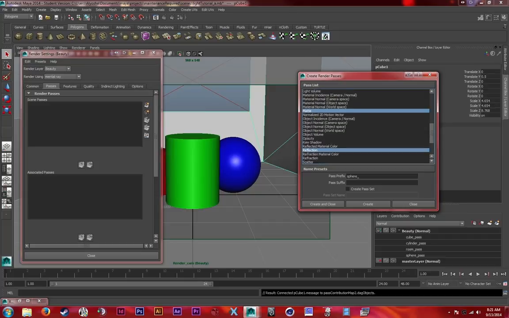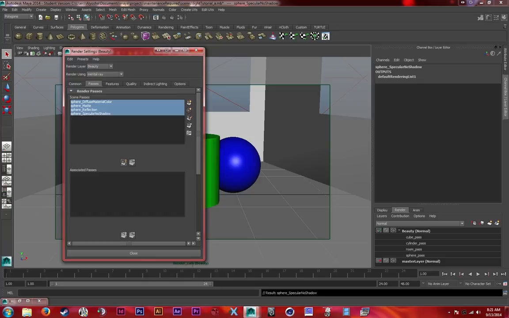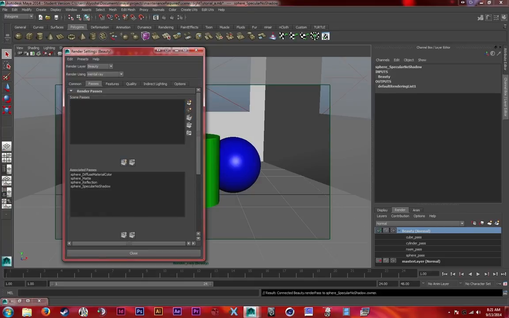Okay, and that's good. So I'm going to create and close, and I have created all of these new render pass presets here, which I'm next going to, once again, select the layer. I'm going to associate them with a layer. Now at this point, these passes are only associated with a layer. And even though I've named them sphere underscore, since they're only associated with a layer, if I rendered this out,